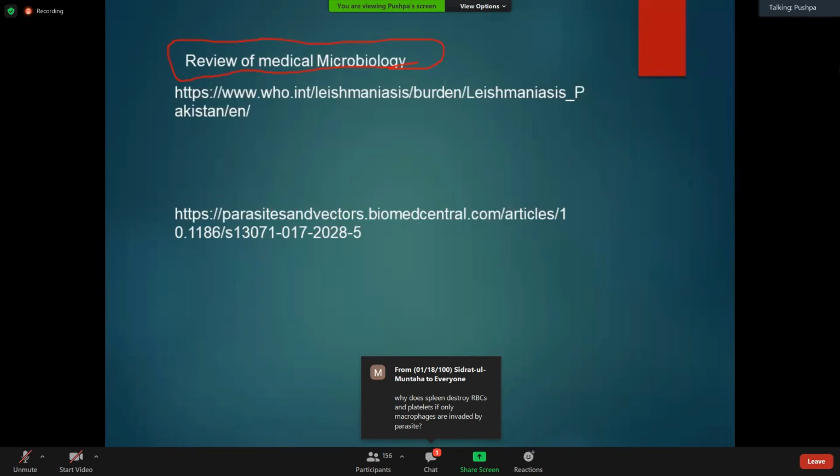Why does the spleen destroy RBCs and platelets if only macrophages are invaded by the parasite? Okay, this is a question by Siddharth. What happens is, any cells which are broken, which are infected, or which have something abnormal about them